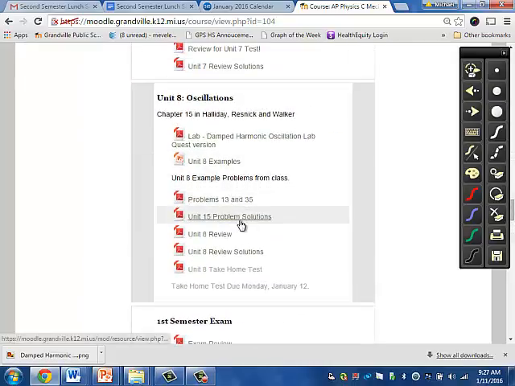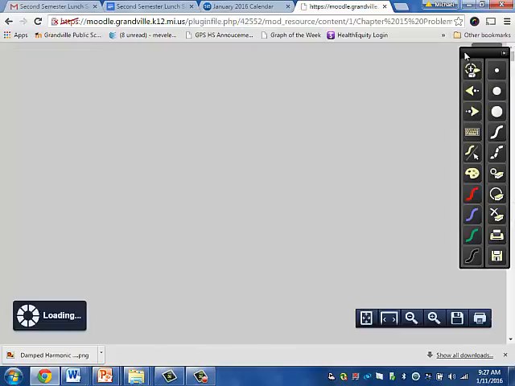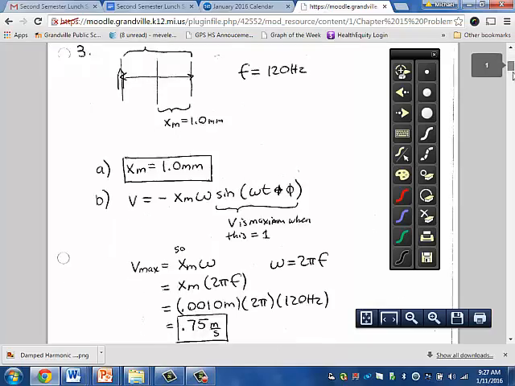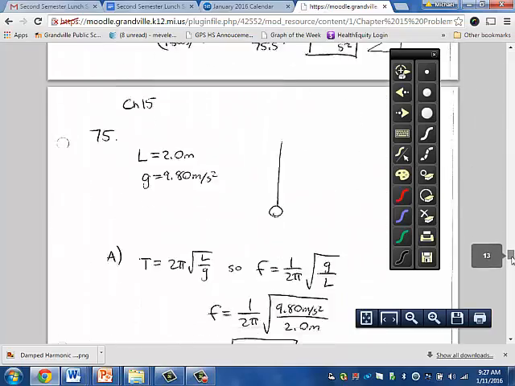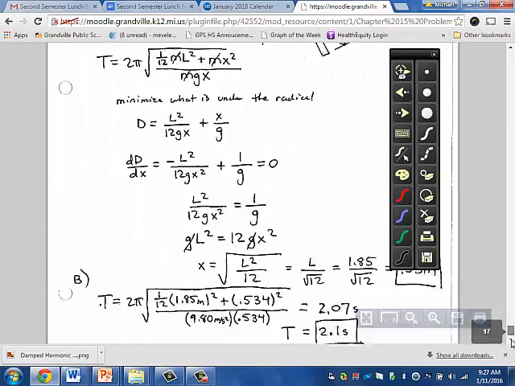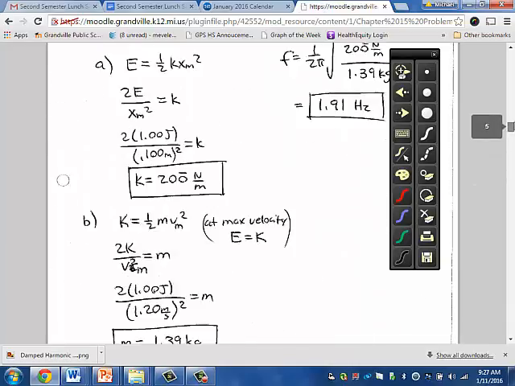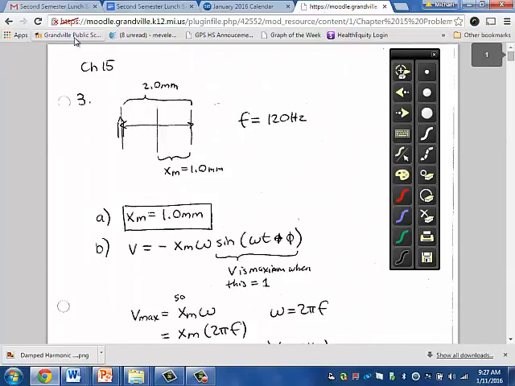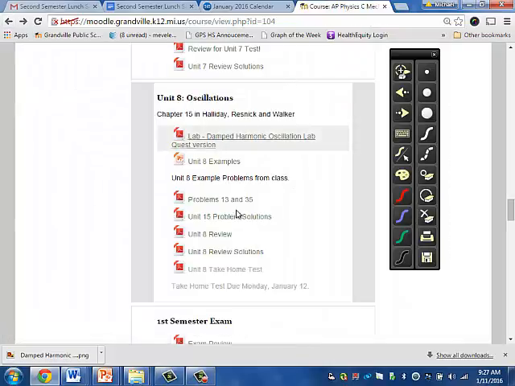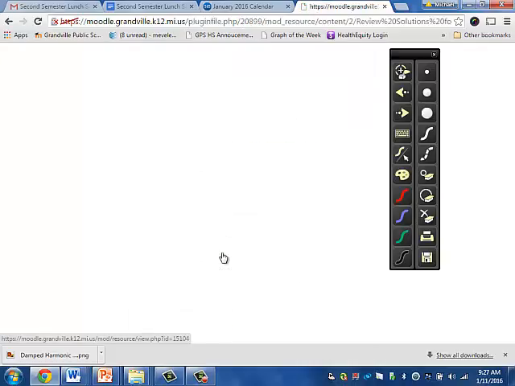review, let's see, here's the chapter 15 solutions. So all the solutions to all the problems we've done this chapter. So that's kind of a nice thing to go through is, you know, what if Mr. Evely had trouble coming up with a new problem, so he just took an old problem and changed the numbers? You'd be all set. Then we've got the review solutions here. So the review